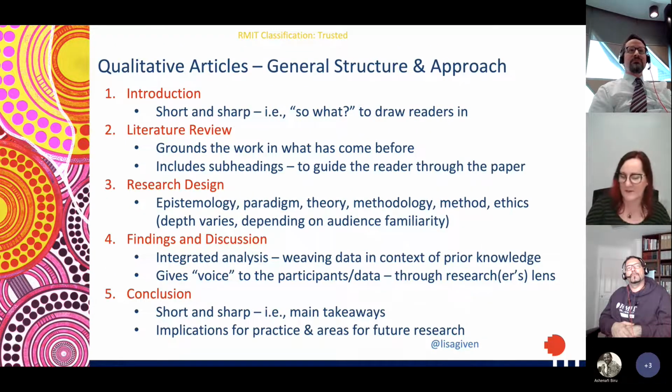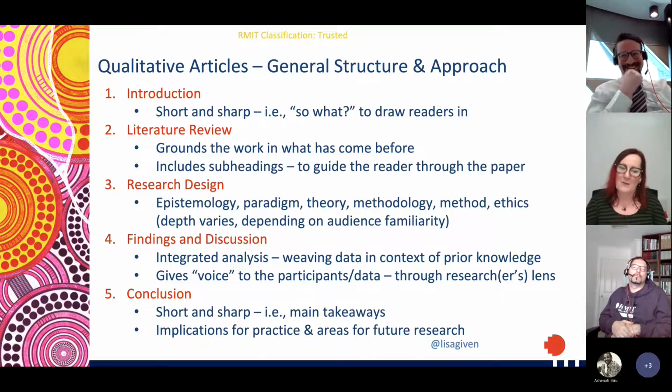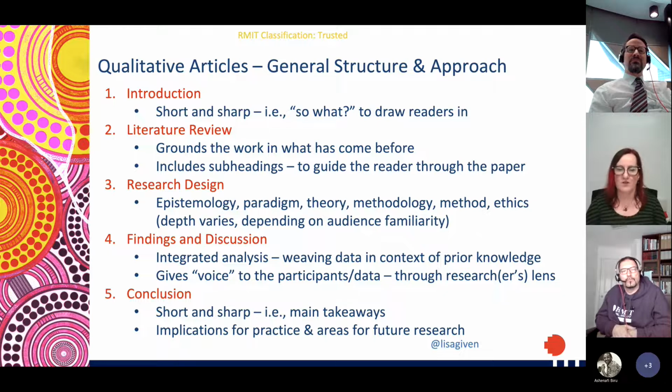So I thought I would frame it, because you obviously know Andrew very well and you've been through several weeks, but where am I coming at this work from? I'm giggling to myself as I listen to Andrew speak. For almost all of his advice for quantitative, I go, let me tell you the opposite of that. Where I see the findings and discussion context is very much in this space of item 4, thinking about the results section as an integrated analysis where we're weaving together data in the context of prior knowledge, and we're trying to give voice to the participants or the